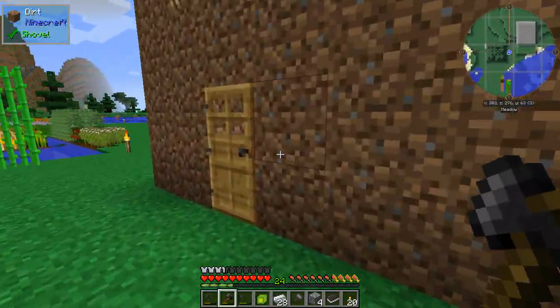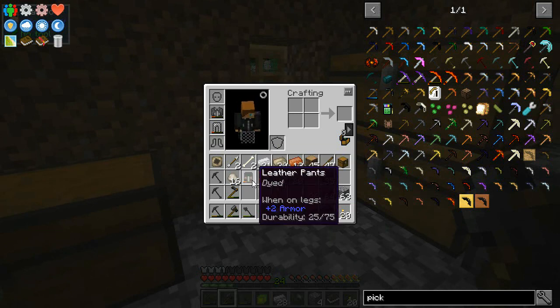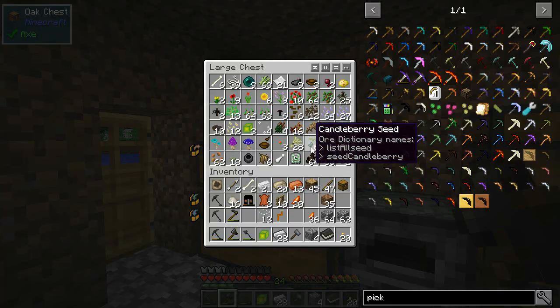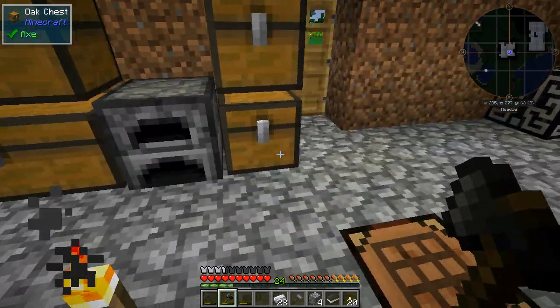So I found that this flint hatchet has actually got the most attack of anything you can make early game. It's better than the daggers, it's better than anything else. It's 7 attack damage. I expect they will probably fix that at some point because it does seem quite cheaty at the moment with that sort of stuff. Oh no, I'm running out of room for everything. Alright,